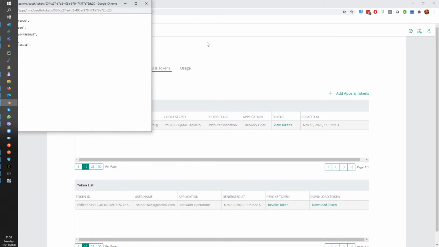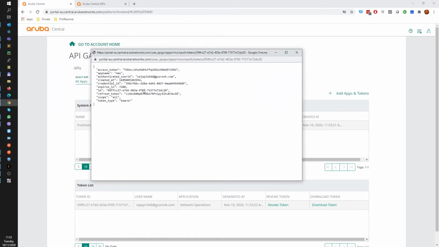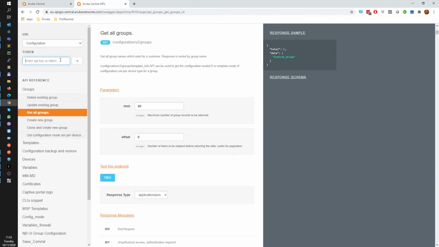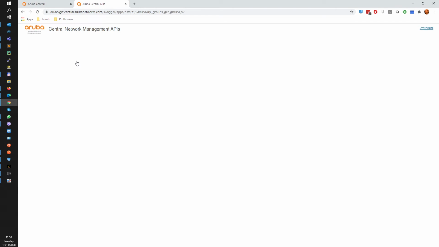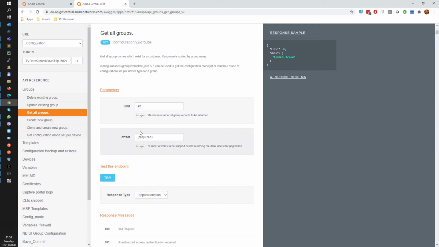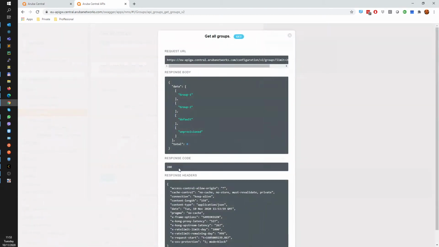Let's make it a bit smaller. So you can see the access token is in here. If we copy this out now and paste it in here and hit the little arrow button, this page will refresh. And now if we add the offset 0 here again and we try this, we now get a response 200, and we get all our groups here.